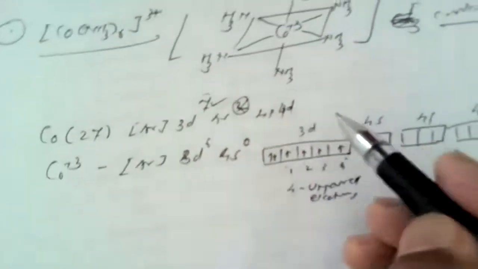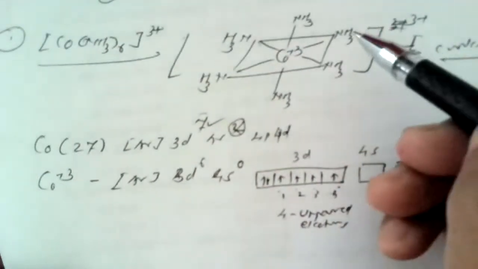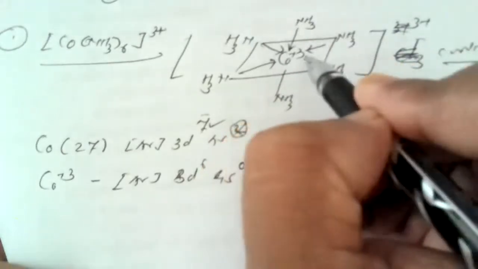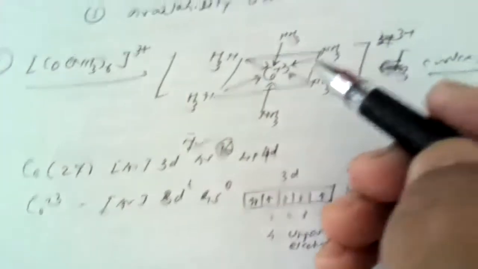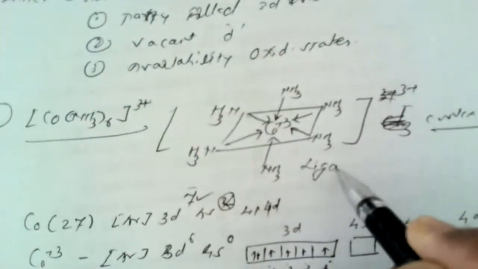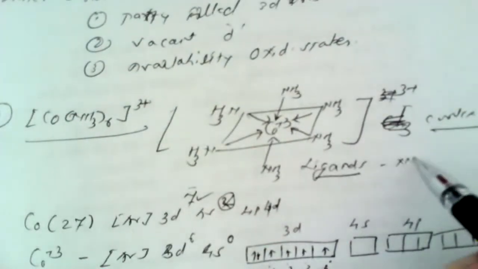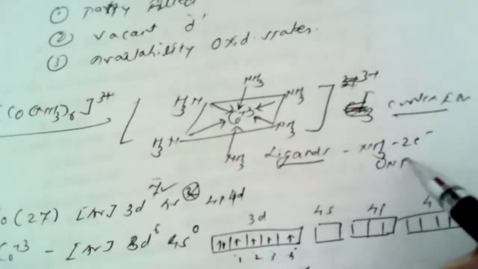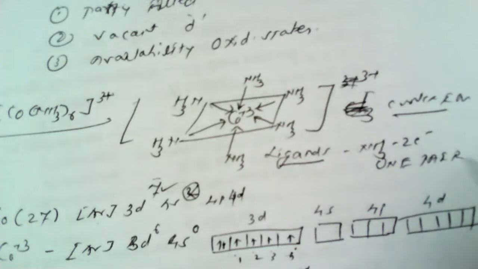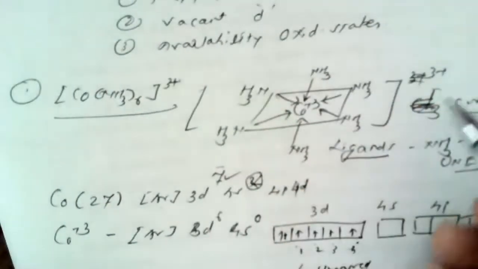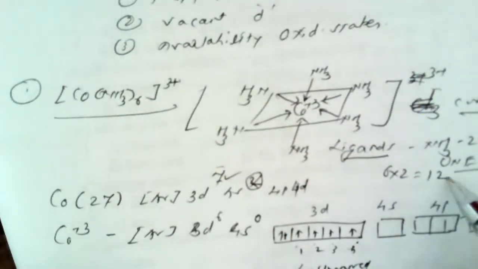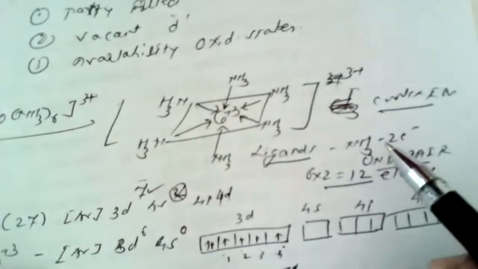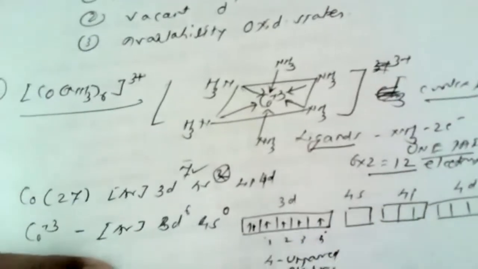Now here, in the formation of this complex, when ammonia molecules come closer, those ammonia molecules act as an electron-rich species, which are referred to as ligands. So every ammonia molecule will contribute 2 electrons, or 1 pair of electrons. So 6 ammonia molecules will contribute in all 6 multiplied by 2, 12 electrons, donated by these ammonia molecules so as to form such an octahedral complex.